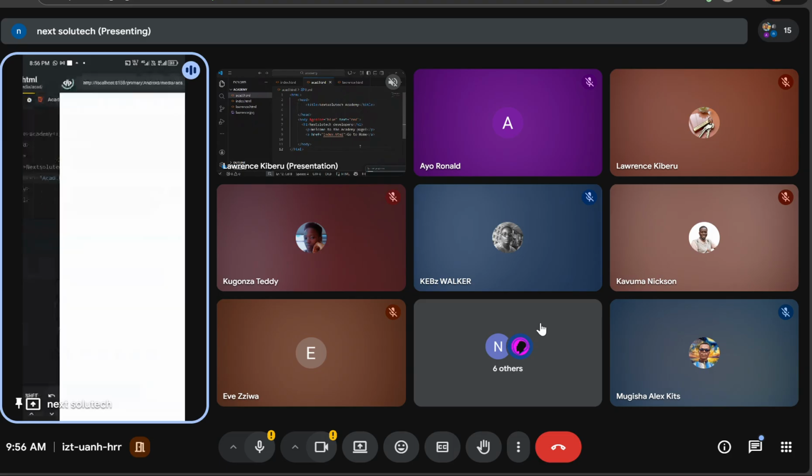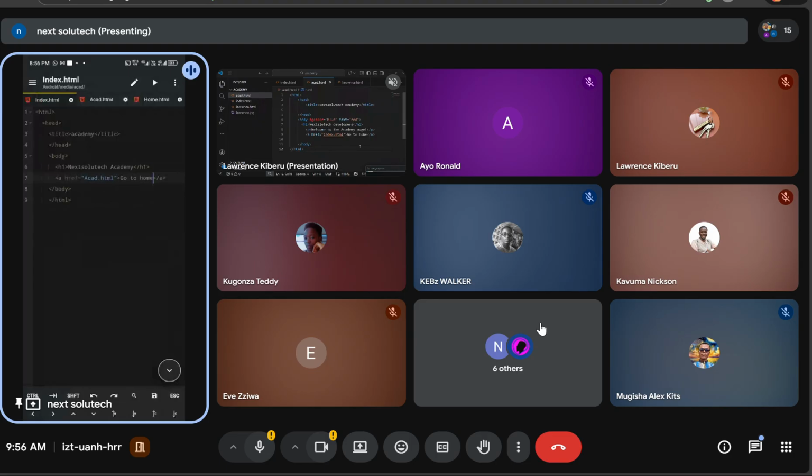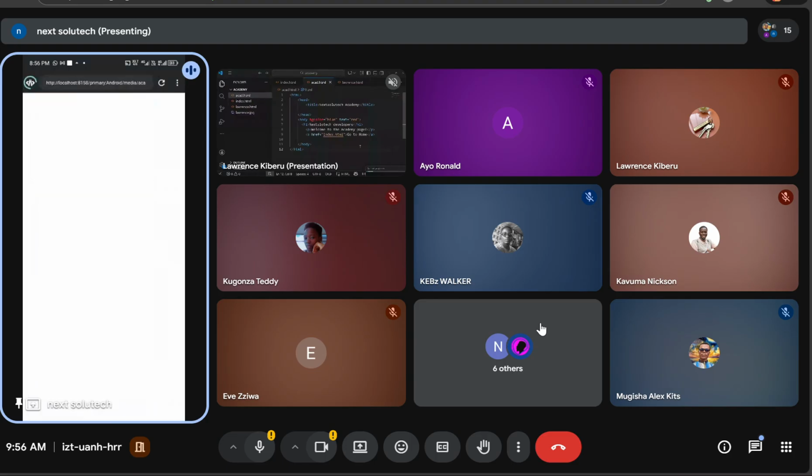So let me try to run this. I have that link go to home. When I click on it, let me go back here. I created the first one. This is the index, and I put my link as href, the anchor tag href acad, of which my acad is the second file up here. Then I put go to home. So in the code of my acad inside here, now I've opened the acad. Our title is home and our h1 is homework. So when I come and run the index.html like that on the play button,